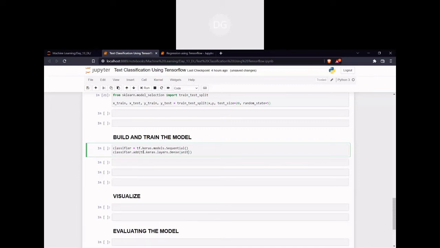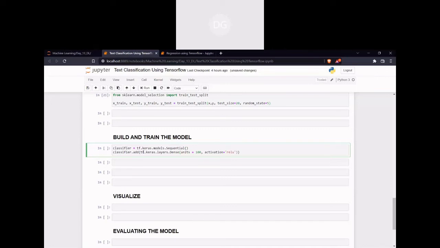Here again I'm giving some less units. For example, I'm giving 100 at the beginning itself, and then activation, the same ReLU method.